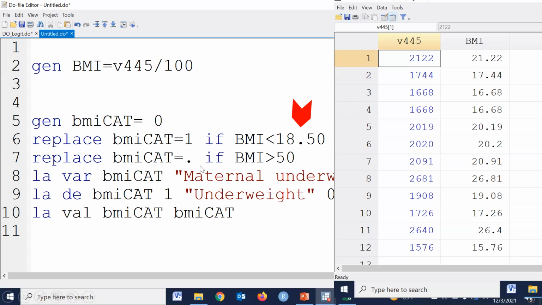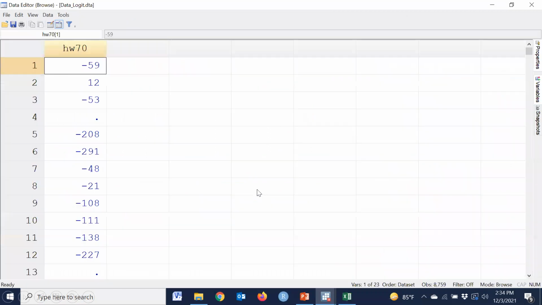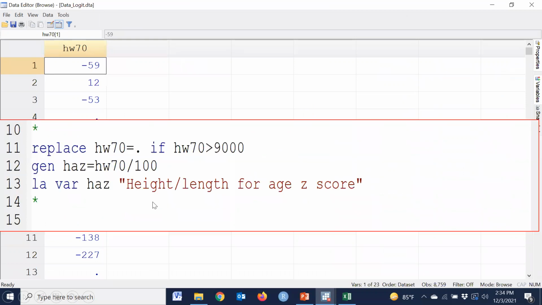Now, another variable is childhood stunting. We can derive the variable from height for age z-score, and in DHS data the variable is called HW70, height for age z-score. This variable also has 2 decimal places. Therefore, we have to divide it by 100.